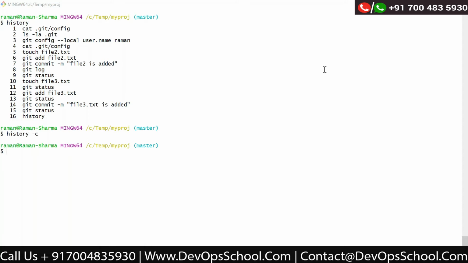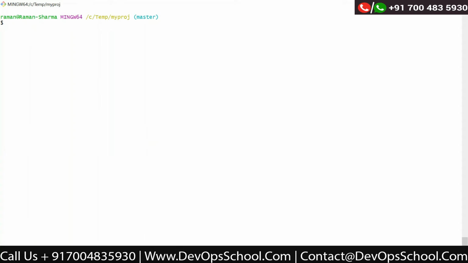Now let us move ahead and see some more commands. The git init command, as I mentioned, is basically used to initialize a project for your local repository. And if I say git status, it tells the status of your files.